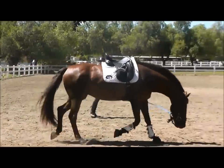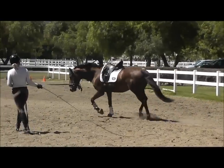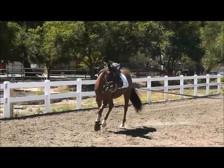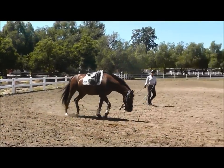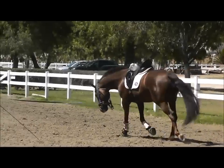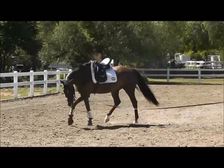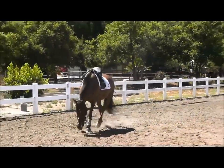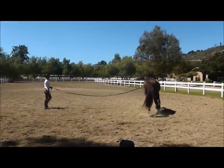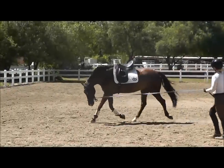So in the beginning, he wanted to hollow and put his head up. He was a little distracted, and that's partly with him just getting his attention, getting his focus here in the beginning, and helping him loosen up. He can be pretty stiff, so the lunging is helpful just to let him loosen up a little on his own without the weight of a rider. Now he's starting to come around here. He's giving me a little bit of a stretch,